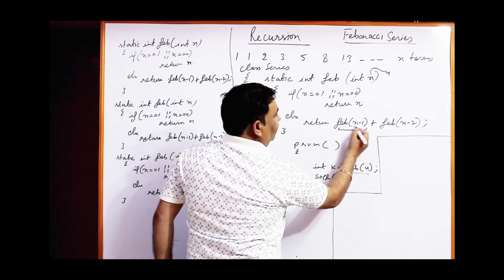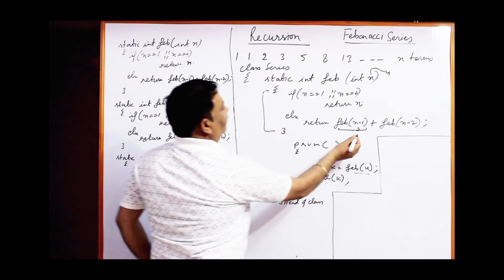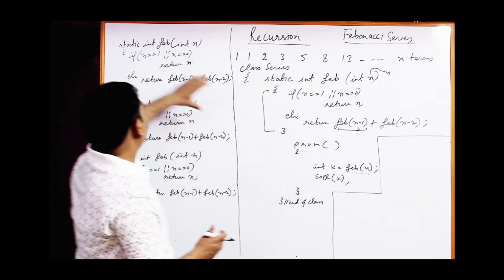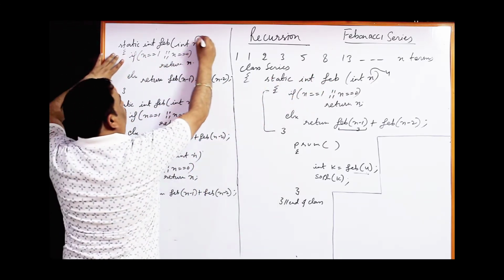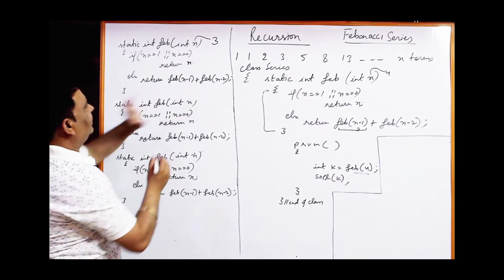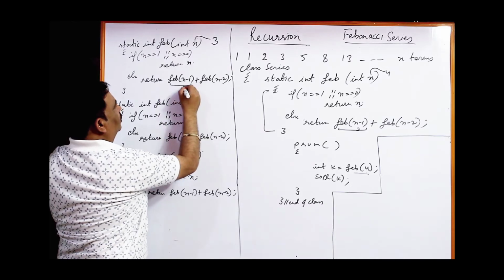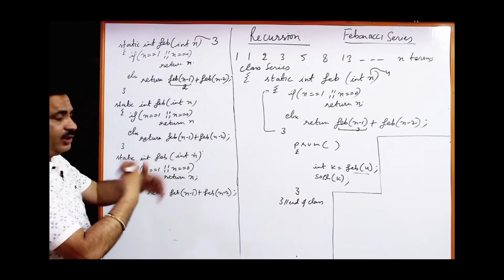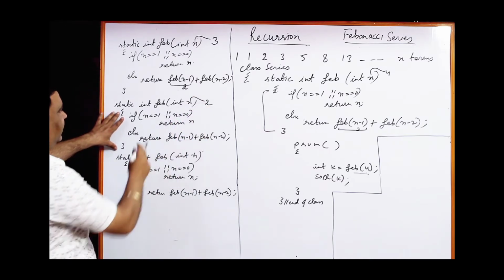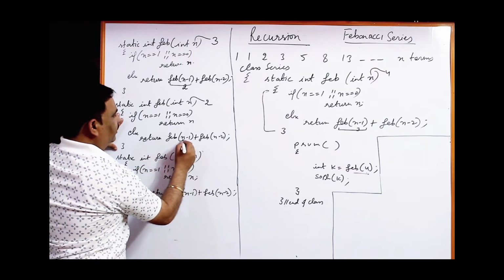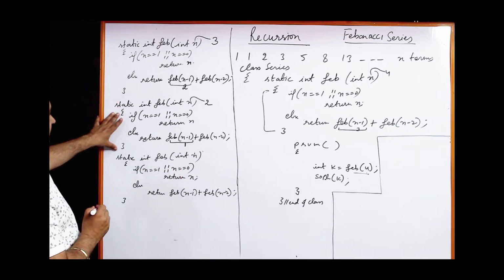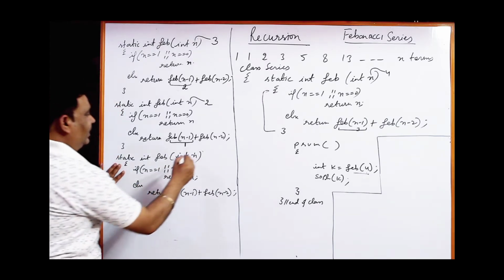So 4 minus 1, 3. We will pass 3 from here to the next function call, the next memory block, where the value of n is 3. Condition is false again. So 3 minus 1, 2. Again, there are two times. So 2 will be passed to the next memory block, where n is 2. Same way, condition is false. n minus 1, 2 minus 1, 1. So this function will be called by passing 1. And consider this is the next memory block where the value of n is 1.